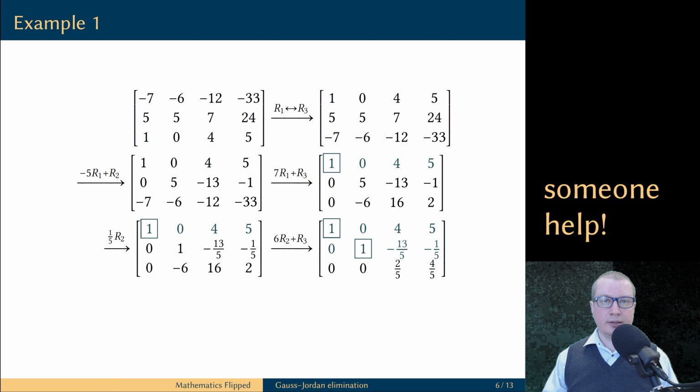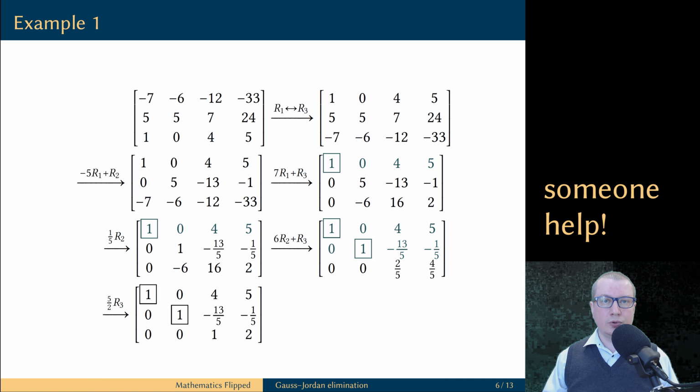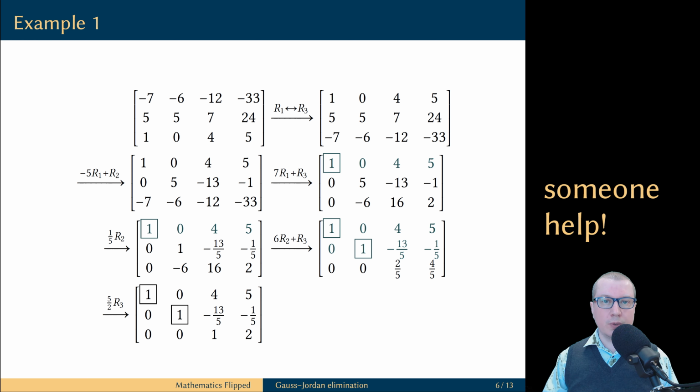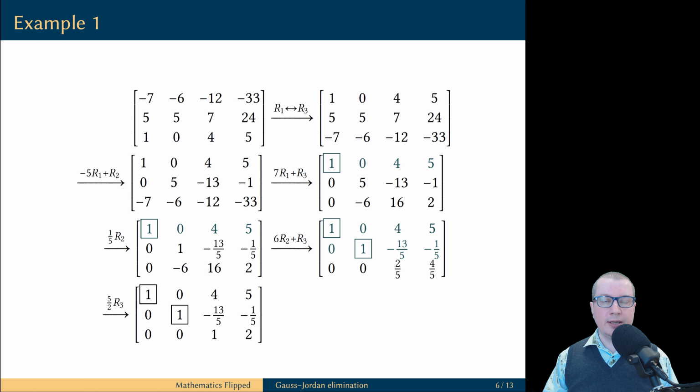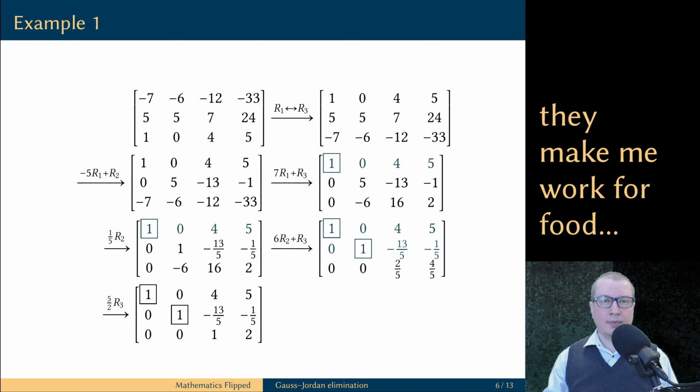Now we are going to forget about row 2 and go back to step 1 of the algorithm. We need to locate the leftmost non-zero column, and in this case it is column number 3. Next, we scale this row to produce a leading one. Then we would have to use replacement operations to produce zeros below this leading one, but there are no rows below this one, and that means we have completed steps 1 through 5. We have completed our sweep from the top of the matrix to the bottom of the matrix.